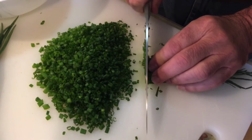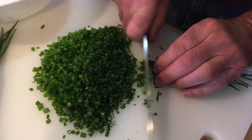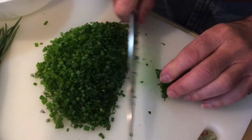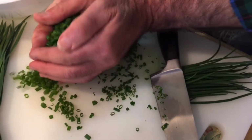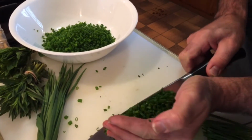So we chop this fine, and we put them in this beautiful bowl here, and we continue chopping the rest of it. Okay,